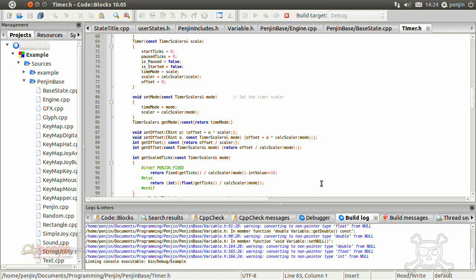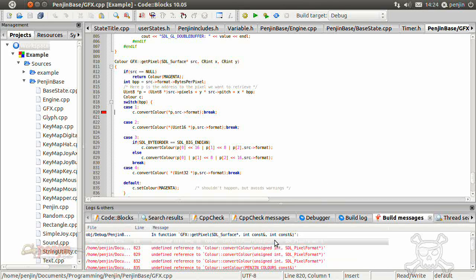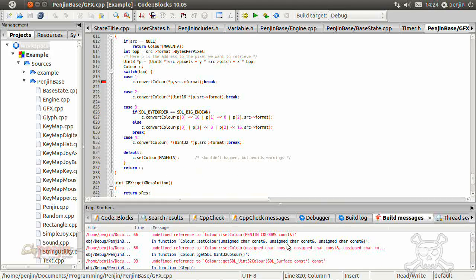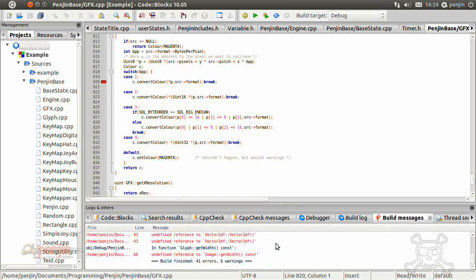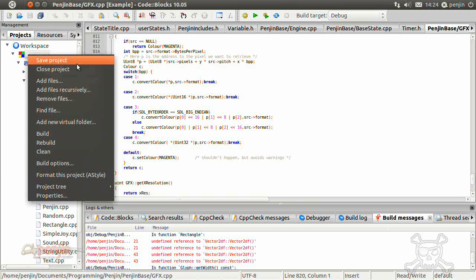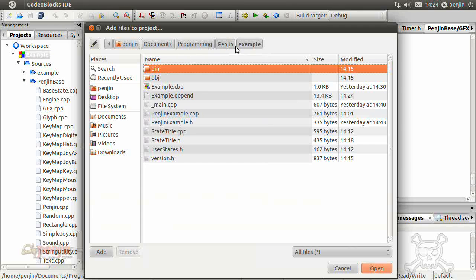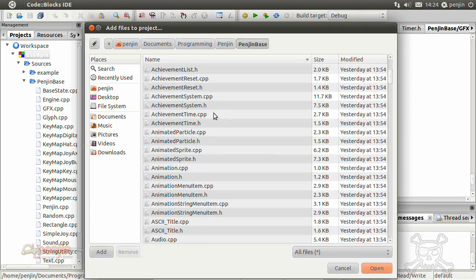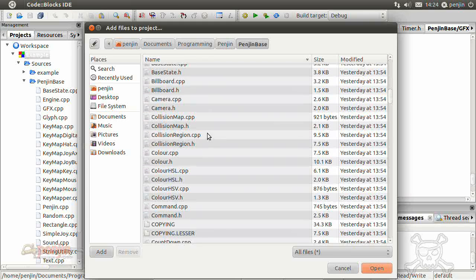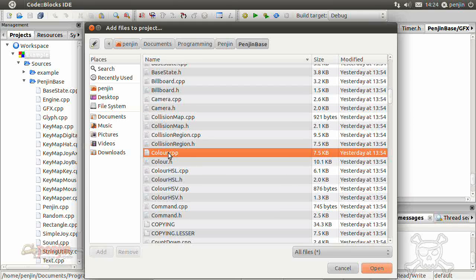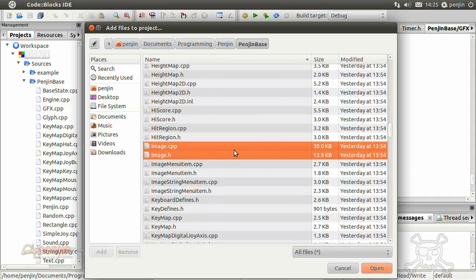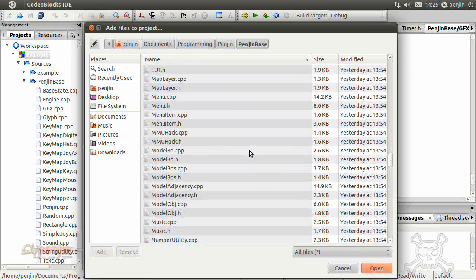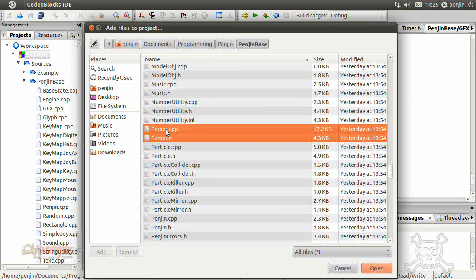Okay. Oh, still not there. Color, image, parser. What else do we need? Vector 2DF. So let's try and add those files now, and I think we're nearly there. So color, image, parser,